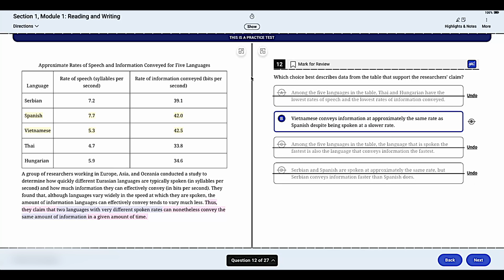And honestly, for this particular question, we could have gotten away with not even looking at the chart, just going off of the claim. I would definitely recommend checking in with the chart if you have the time, but if you were in a pinch, if you were running out of time, this would be a great strategy if you were down to the last few seconds, for example.